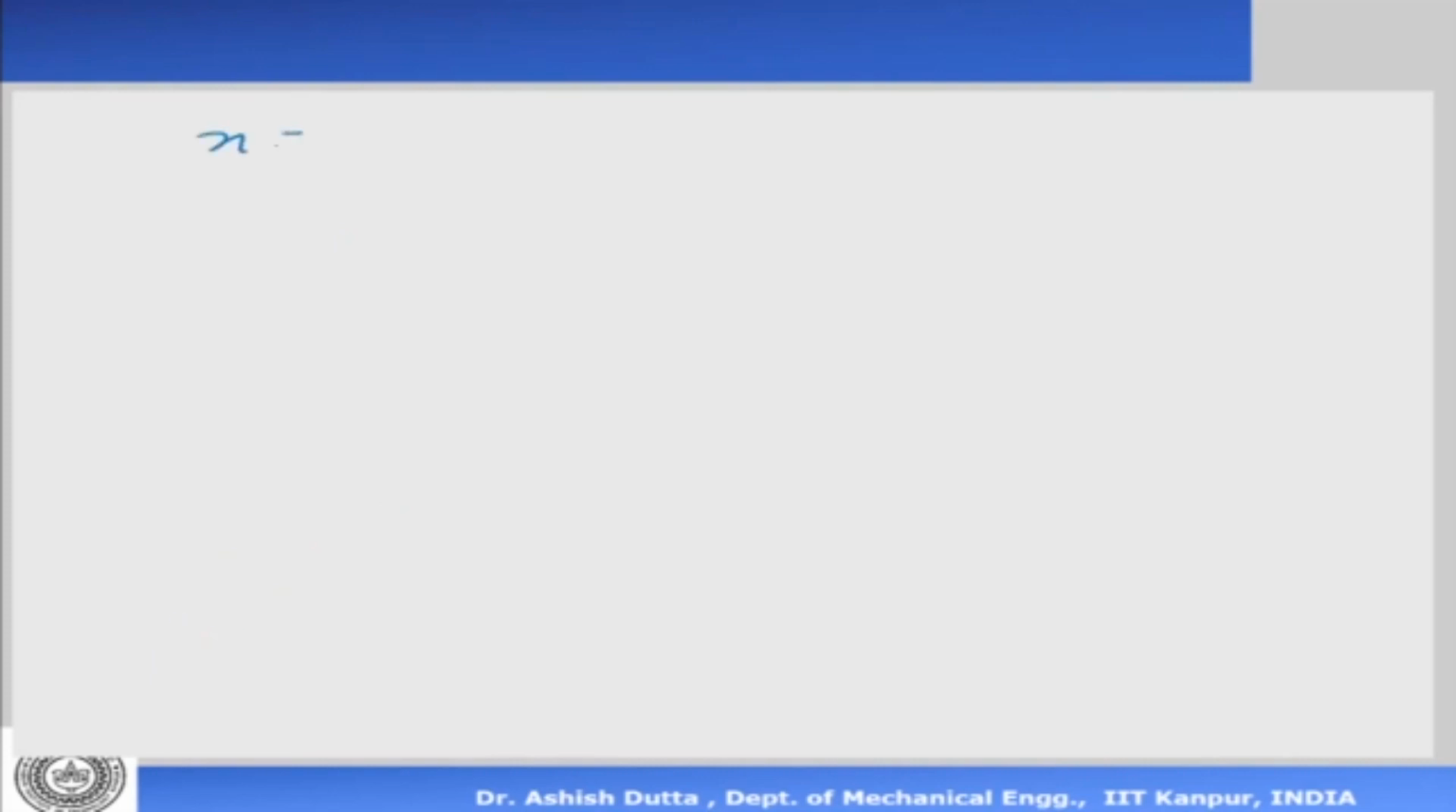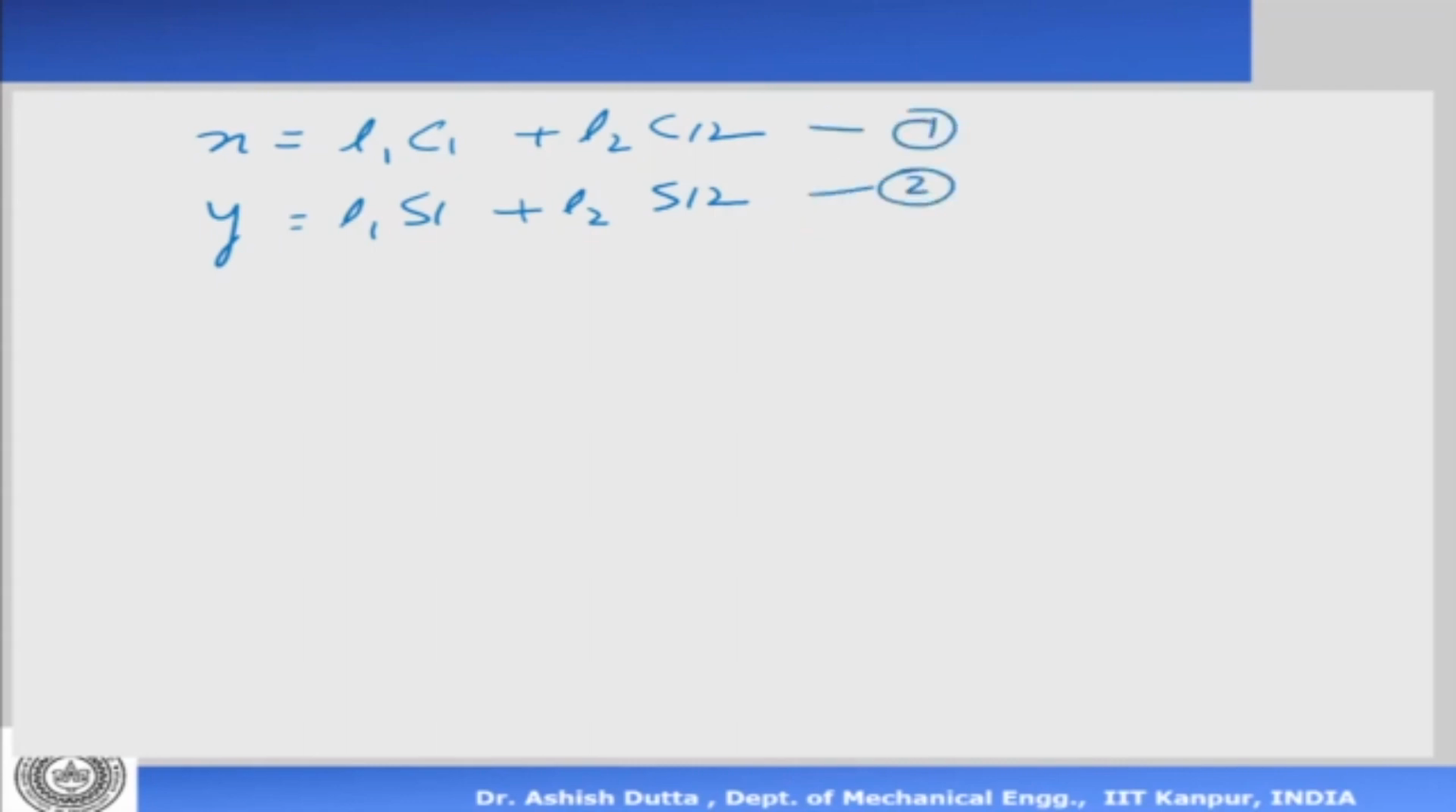So x is equal to L1 cos theta 1 plus L2 cos(theta 1 plus theta 2), and y is equal to L1 sin theta 1 plus L2 sin(theta 1 plus theta 2). Now you see there is equation 1 and equation 2. Two equations, two unknowns, but the way it appears here, you cannot solve so easily. There is a cos and a sine. So what we do is we square and add